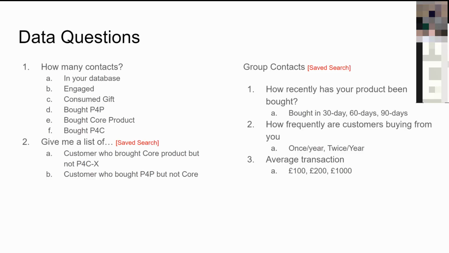But as a marketing manager, what I'm looking at is how do I increase the revenue that comes in? And as we know, it's not always sell the product to more people. Sometimes it will get more money out of our existing people, and that's the kind of thinking process I'm edging around now. So you can imagine a saved search, which is groups of contacts, cohorts of contacts. Give me a list of people who've recently bought a product in the last 30 days, 60 days, and 90 days.